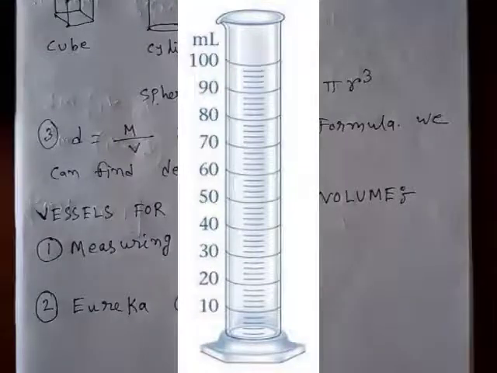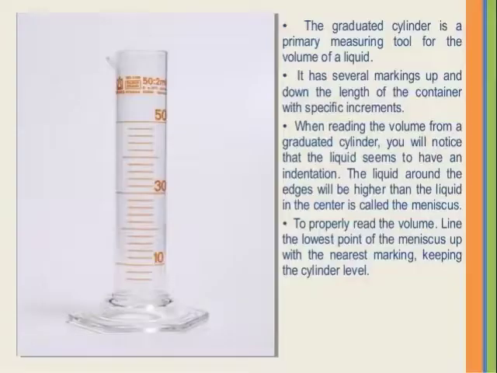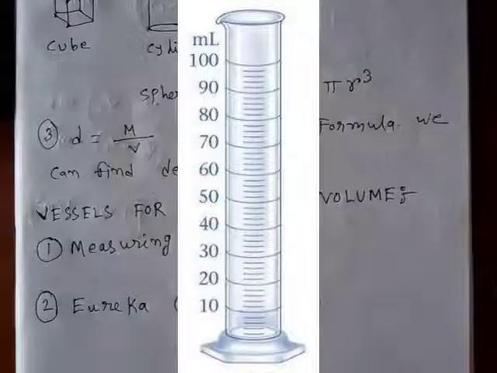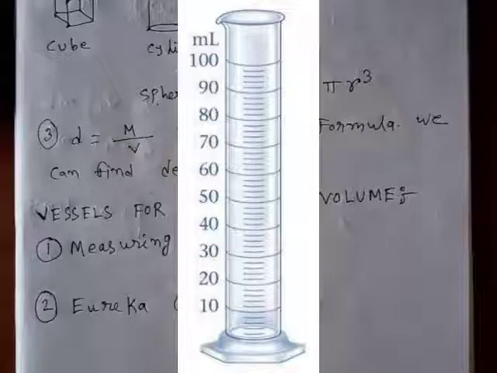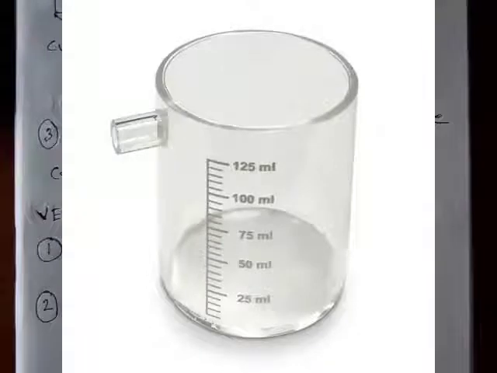A measuring cylinder is made up of glass or plastic, and it is graduated in milliliters with its zero mark at the bottom, and it then gradually increases upwards. We have measuring cylinders available in different capacities such as 50 milliliter, 100 milliliter, 200 milliliter, 500 milliliter, etc. Okay. Then the second device is the Eureka can.